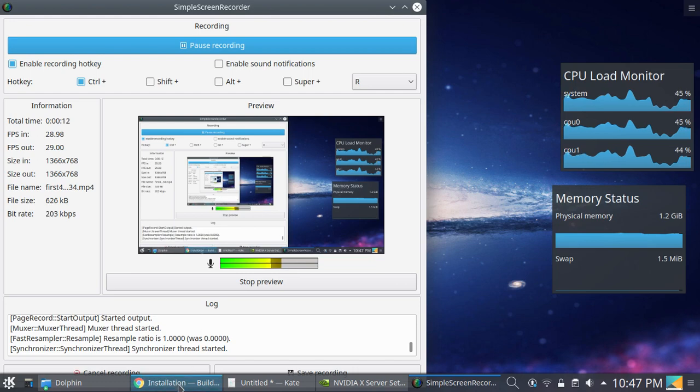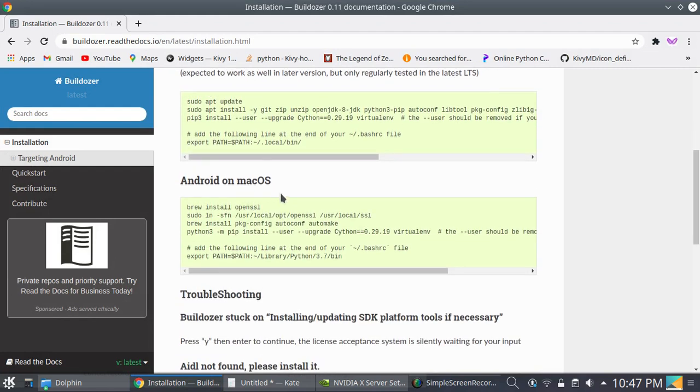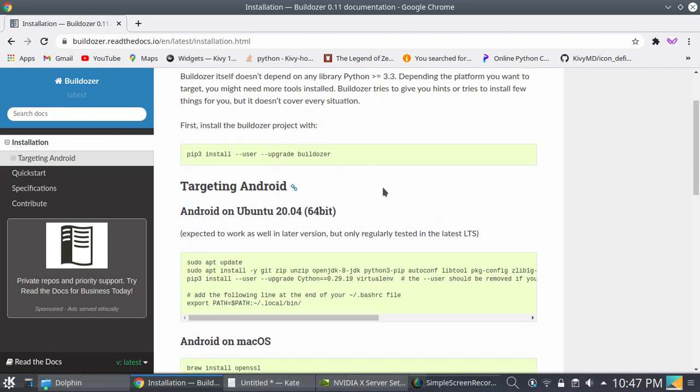For this you need a Linux PC or Mac OS, but I am using Linux, Kubuntu 18.04 64-bit.